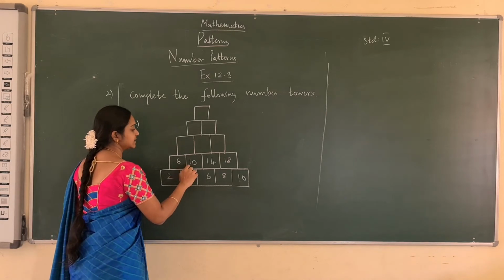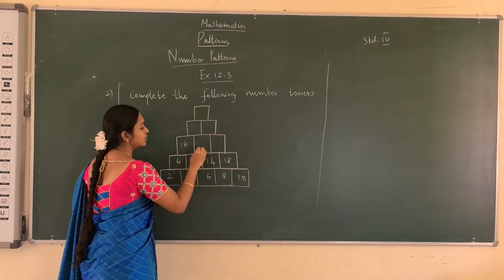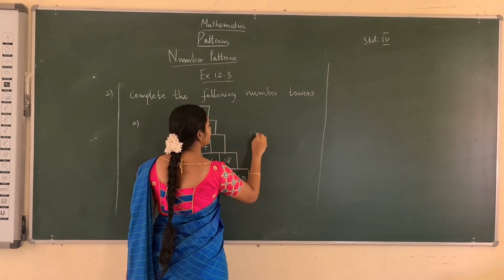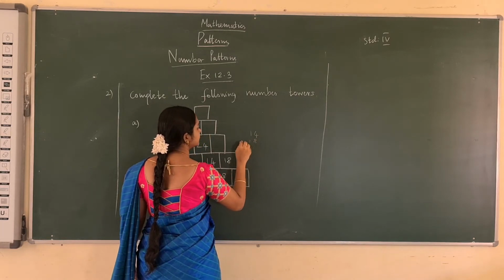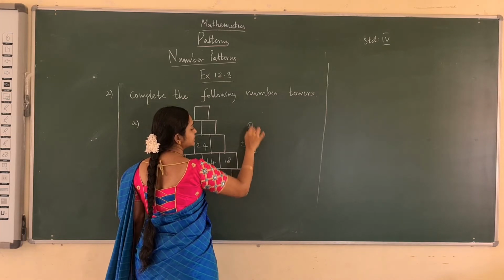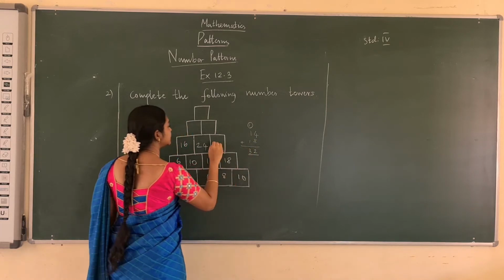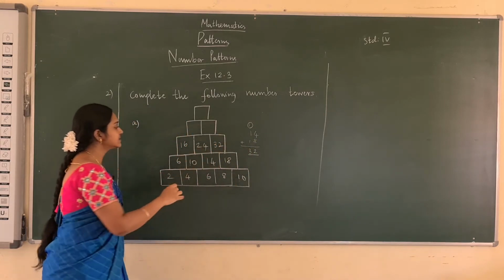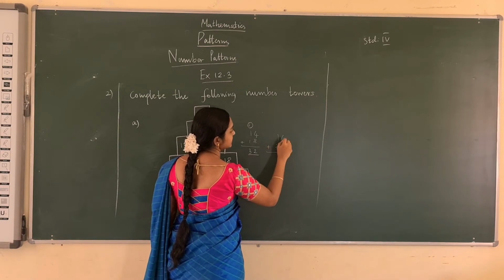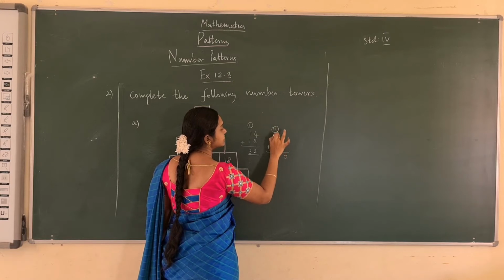Now sum 6 and 10. It is 16. 10 plus 14 is 24. 14 plus 18. 4 plus 8 is 12. So write 2 here and 1 is carried to the next place. 1 plus 1 plus 1 is 3. So it is 32. Now add 16 and 24. 6 plus 4 is 10. 1 is carried to the next place. 2 plus 1 is 3. 3 plus 1 is 4.